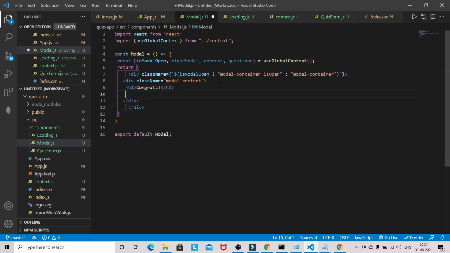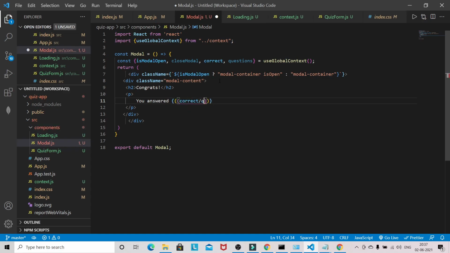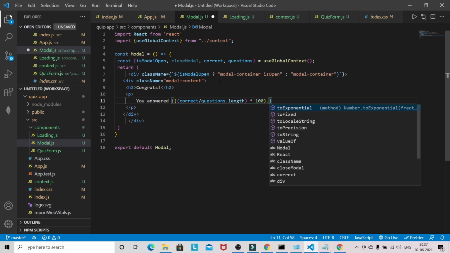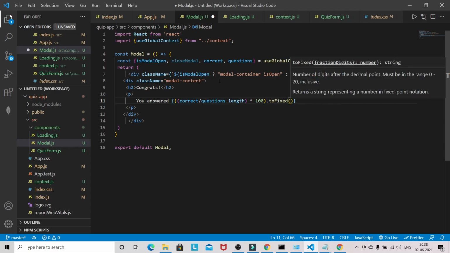and one paragraph about how many you have answered correctly. So you answered. So I will do some basic math here. So correct questions dot length, got length, toFixed 0.